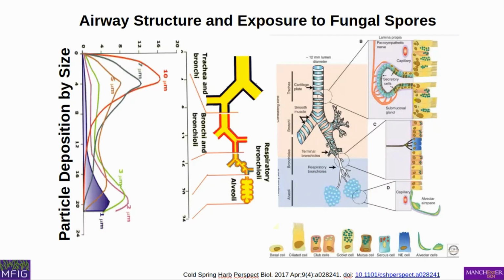If you look on the right-hand side of this very complicated diagram, you can see representing the cells that are in your nose and in your upper airways. They're all quite different and very complicated. As you get a bit further down, where the lungs start branching and the airways get thinner and thinner, the cells get simpler and simpler and smaller and more delicate. So it really matters to the progress of the disease and the type of disease you get, how far down the spores can get.